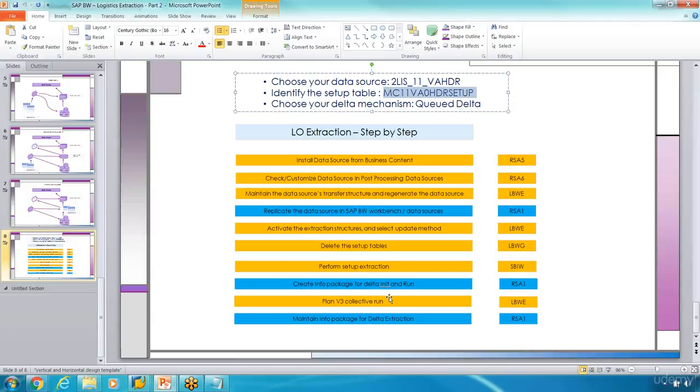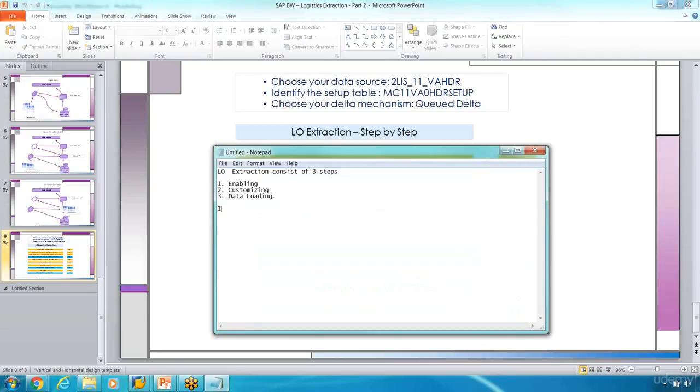And once, for example, when the setup table is done, then the InfoCube delta run will be there. Again, you have to see the first time load would be okay. Setup table is done. After that, the first load is okay. But after that, you have to let the ECC system know that it should run Q delta. When you do a first load, the initial load is a full load, right? Then moving forward, delta is